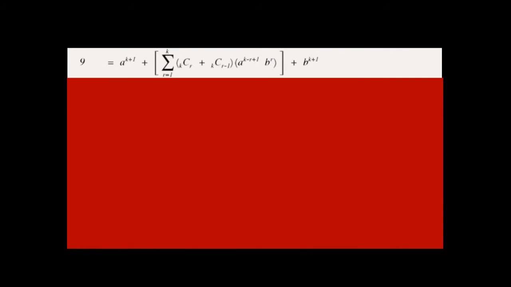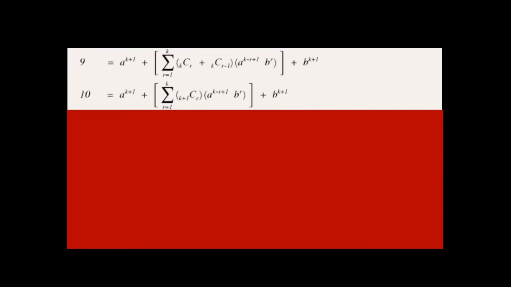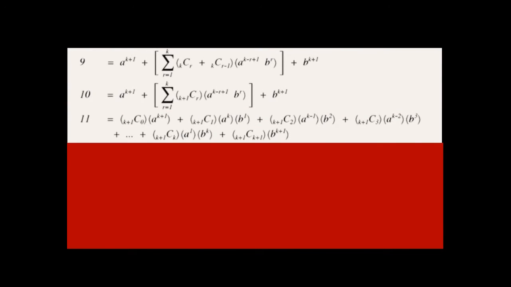Quantity k taken r plus k taken r minus 1, multiplied by a raised to k minus r plus 1 multiplied by b raised to r, plus b raised to k plus 1, is equal to a raised to k plus 1 plus the summation of r equal to 1, quantity k plus 1 taken r multiplied by a raised to k minus r plus 1 multiplied by b raised to r, plus b raised to k plus 1, is equal to k plus 1 taken 0, quantity a raised